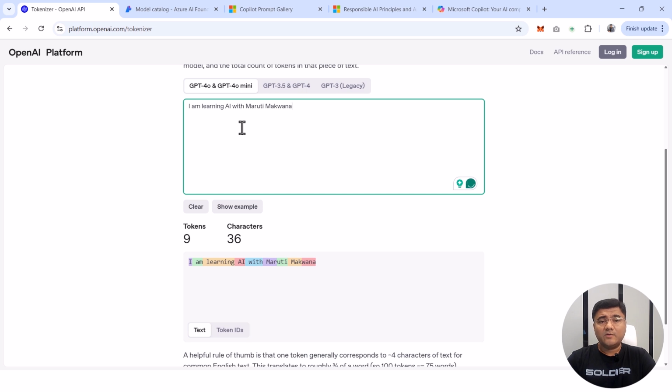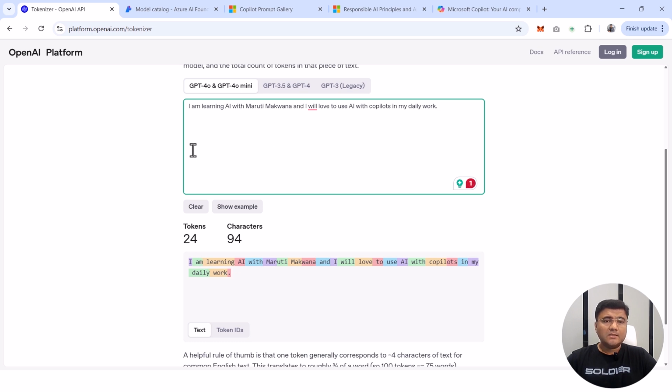So I'm learning AI with Maruti Makwana, and I would love to use AI with Copilot in my daily work. I added the statement here, and the moment I'm done typing, you can see exactly below